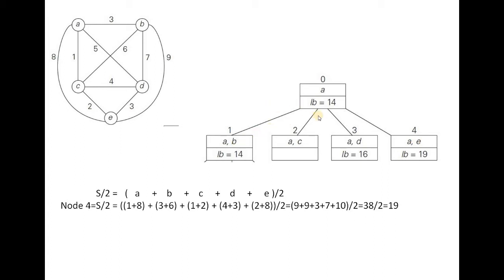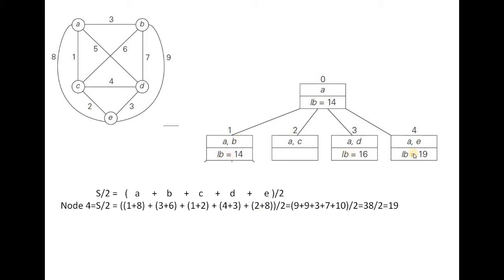So here we explored all the reachable nodes from A to B, A to D, A to E. Only A to C is not reachable because it is not satisfying the problem's constraint. Next we are going to find out the next level nodes. So before finding the next level nodes, we are going to think about which node is to be considered so as to explore to the next level.